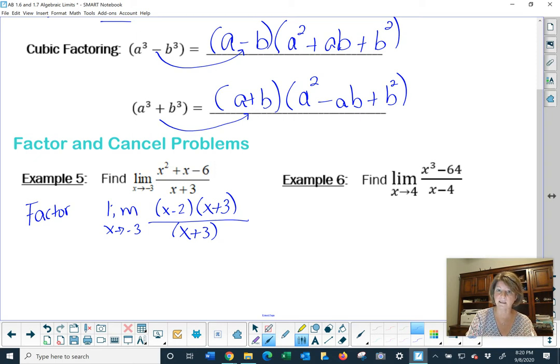That made negative 6, and they have a difference of positive 1 for that middle term. Now what we see is this reduction of the x plus 3 term on top with the x plus 3 term on bottom, and it leaves me a new function, x minus 2. So when this